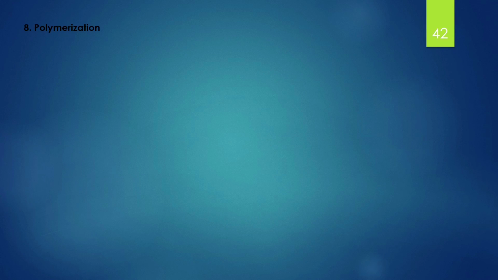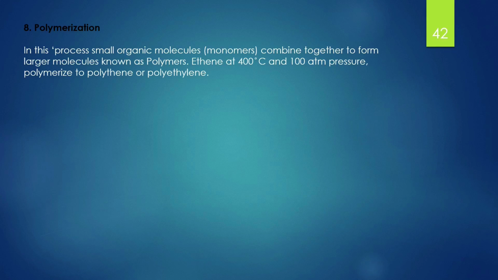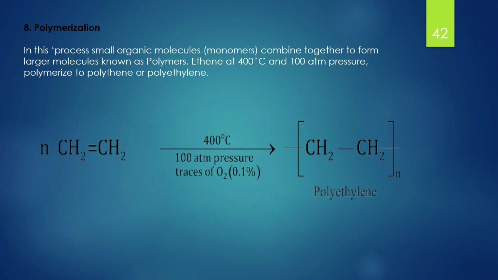Last reaction to be discussed is polymerization. In this process, small organic molecules or monomers combine together to form the larger molecules known as polymers. Ethene at 400 degrees Celsius and 100 atmospheric pressure polymerizes to form polyethene or polyethylene, which is used in number